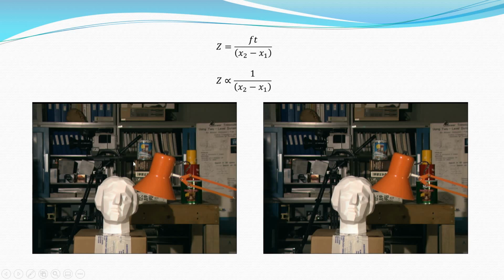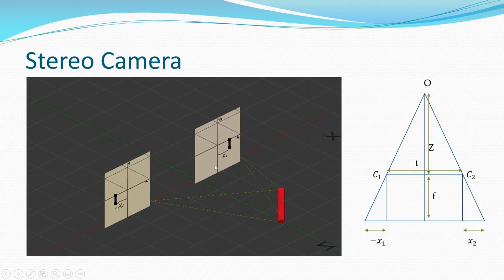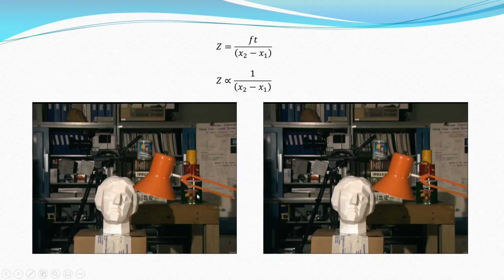So to talk about that a little briefly, we had two images which were taken by just some displacement in a particular direction, say x. We clicked the photo with this camera, and the same photo of the same scene was clicked with this camera. So we have two images, and with these two images we found out the depth map. We derived some equations, and we found the equation that tells you the depth of a particular point.